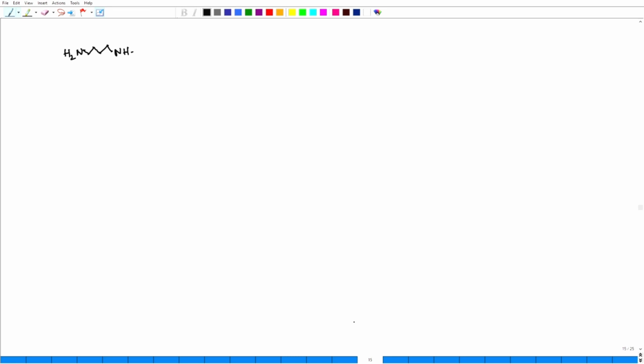Actually he took butane. If you react this with 4 equivalents of this nitrile compound,